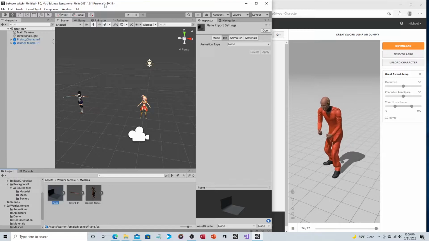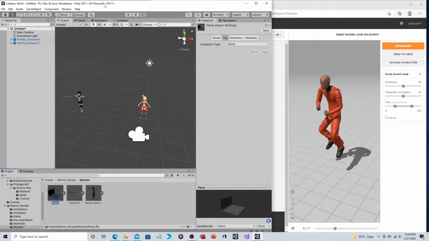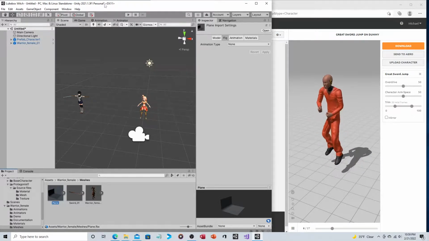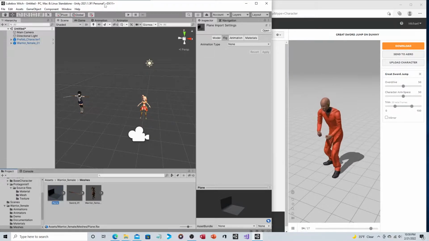For people who are like me, who are not artists, who are not 3D animators, Mixamo allows you to take something that someone else has made and add new animations to it. So first, I'm going to demonstrate it working, and it also demonstrates that there's no user error on my part. And then second, I'm going to apply this to a character from Loopbox, and then you're going to see that it doesn't work. The reason why I'm doing this is because I reached out to the publisher, Loopbox, and I